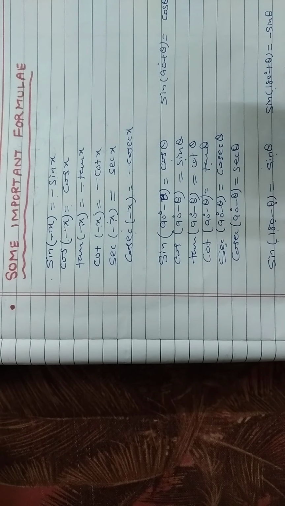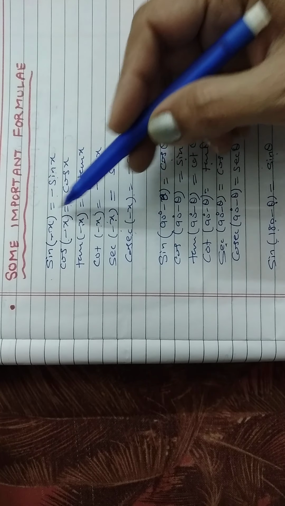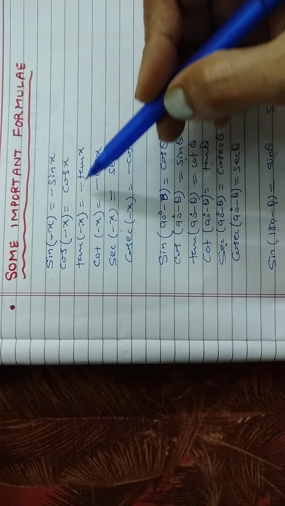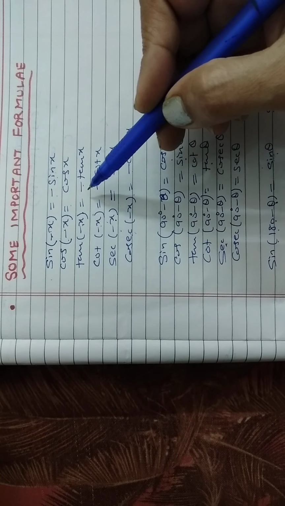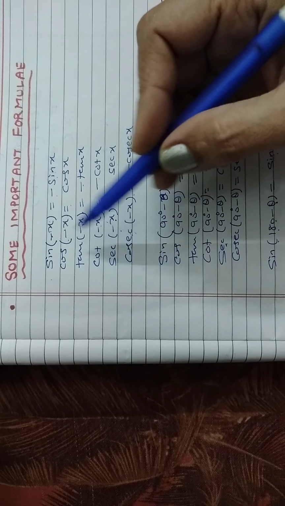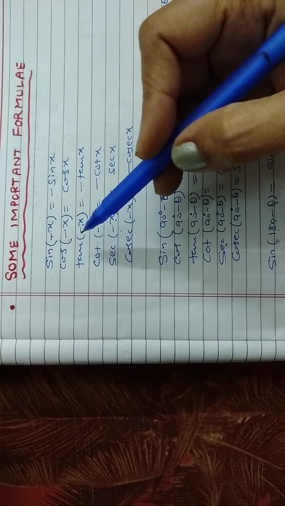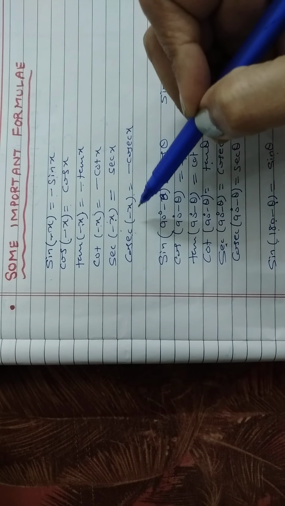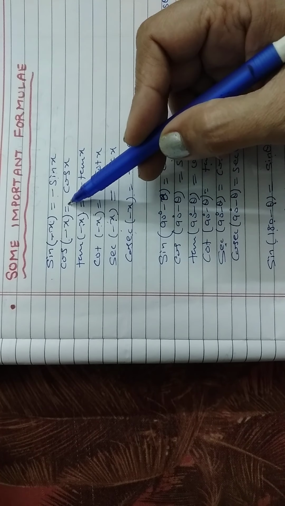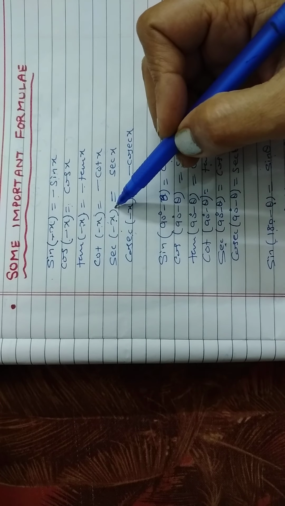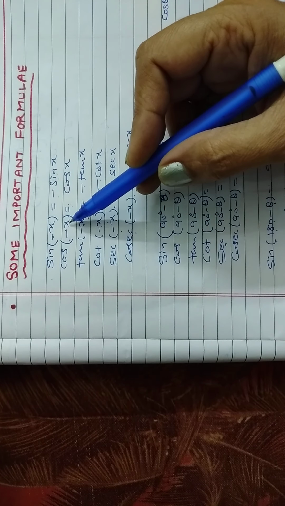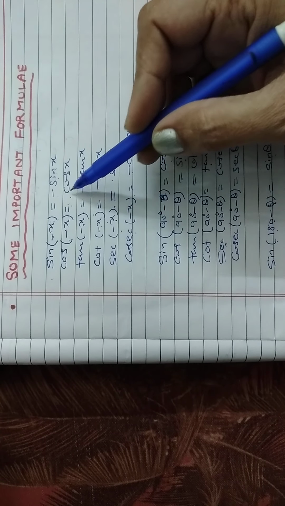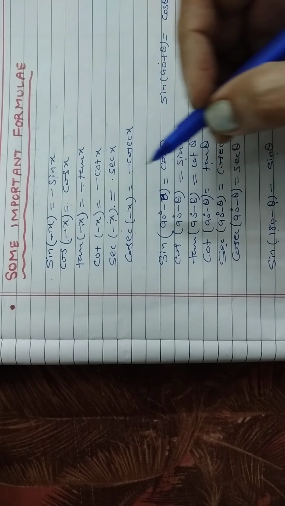minus tan, minus cosecant. So the behavior of sine and tan is the same, meaning the negative symbol you may take out common, and their reciprocals will also behave like them. The reciprocal of tan is cot, and the reciprocal of sine is cosecant. So cos and secant will behave in the same way, meaning when you take the negative symbol outside, it will become positive. There will be no negative symbol with them.